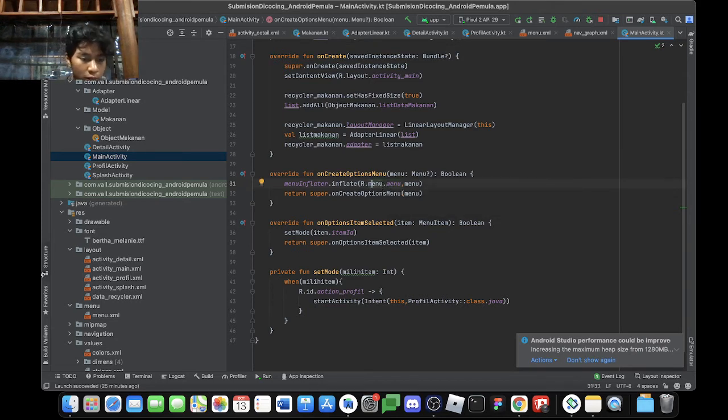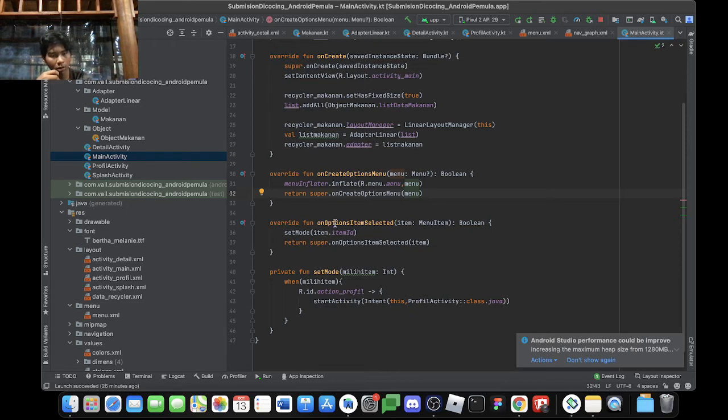This menu is from the directory, and this menu is from the XML. Dot menu is from the, and that extends into menu. Okay, and then return super.onCreateOptionsMenu and put menu inside of normal brackets.